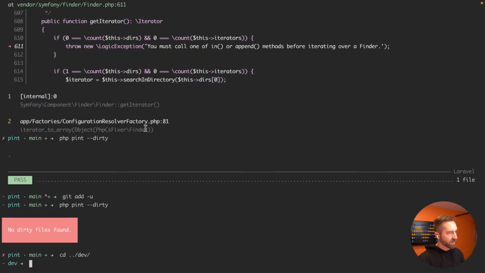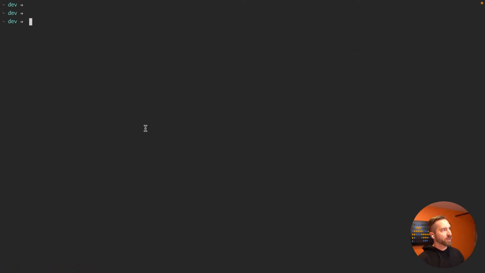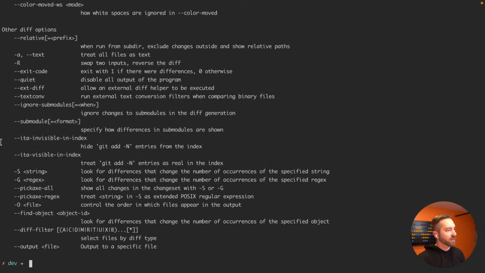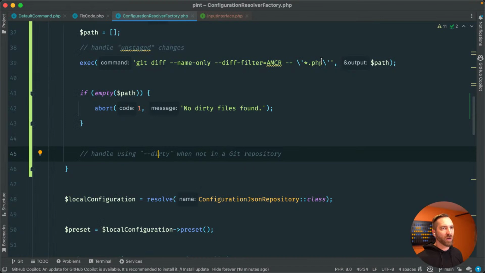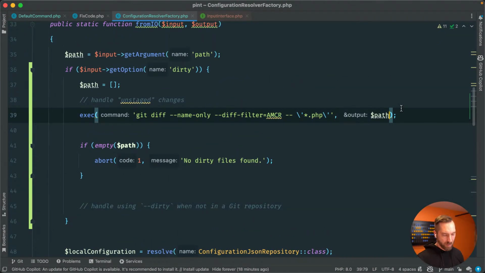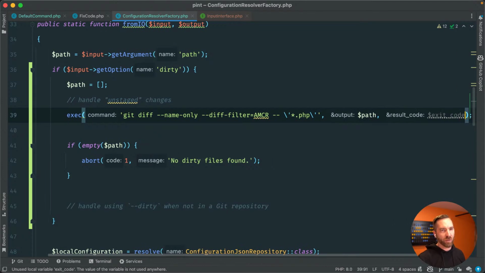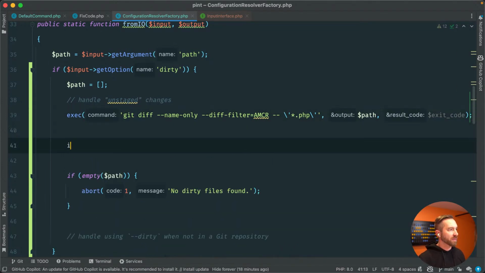Do I have dev? Yeah, okay. So here I'm in a folder, I can tell from my prompt, that is not a Git repository. So if I run git diff --name-status on this, I get a failure, right? An exit code. So what we could do is tack on the exit code here and then say if,